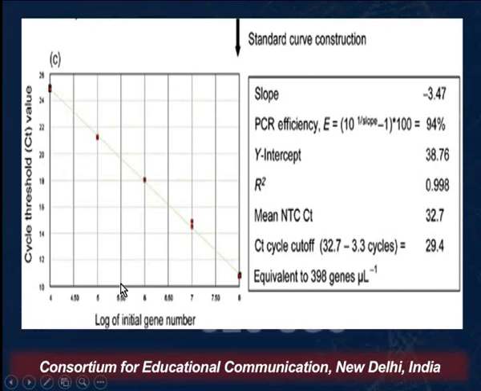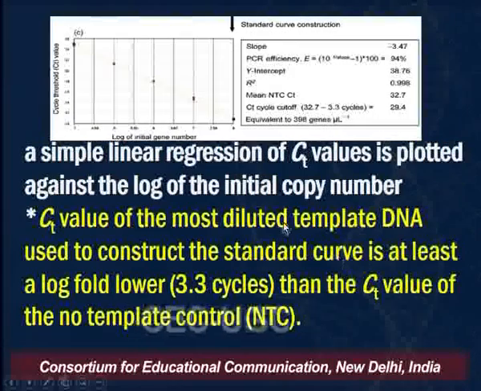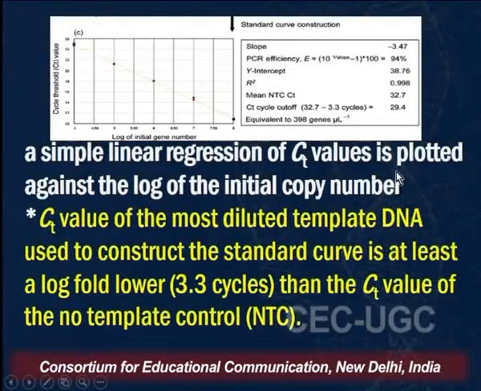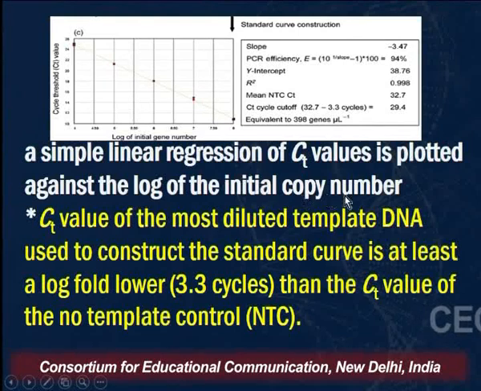So it is a typical standard curve, and you can calculate the unknown concentration by these curves. Some of the parameters that are also reported here are very important. A simple linear regression of CT values is plotted against the log of the initial copy number. One point to be remembered is basically that the CT value